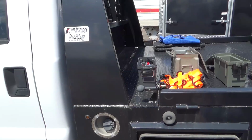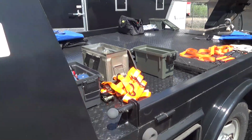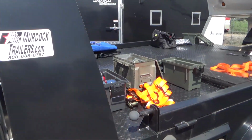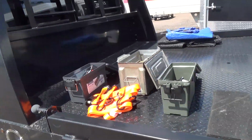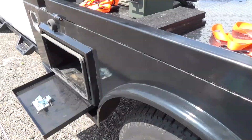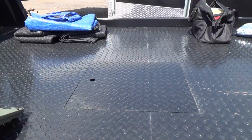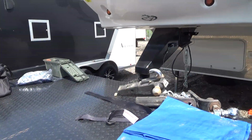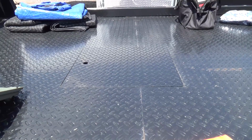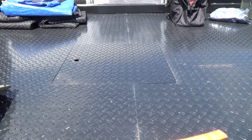Just enjoy. Now this is a long bed truck. The box was rusting out, so I went down to Murdoch Trailers and I got this Swift Built, which is an American-made bed for this truck. Got a headache rack on it, and I've got 4 boxes here. I also have in here a gooseneck, which is what I use to haul my trailer, and it's rated at 30,000 pounds. Legally, you can't run a 30,000 pound gooseneck on the road, but it is rated that high,